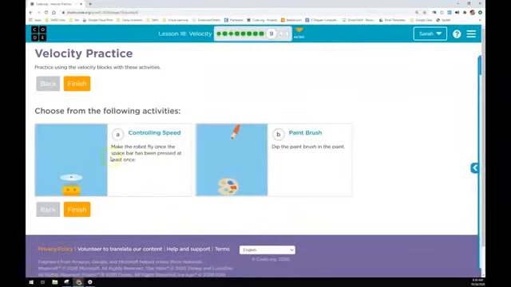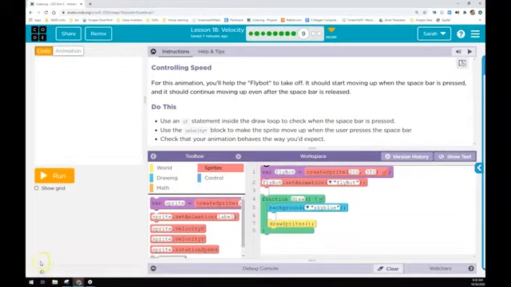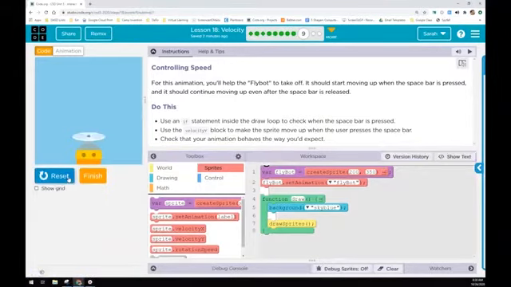All right, practice problems. A, controlling speed. So our sprite is this flybot, and we want it to start moving up when the spacebar is pressed, and it should continue to move up even if the spacebar is released. So that's that key went down. So it says use an if statement in the draw loop